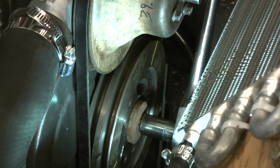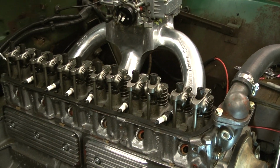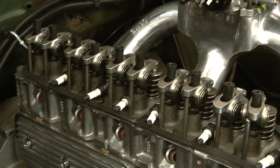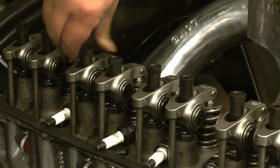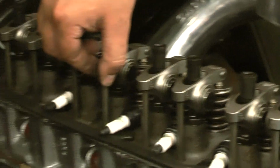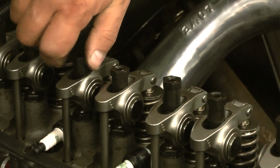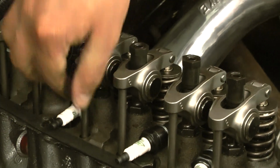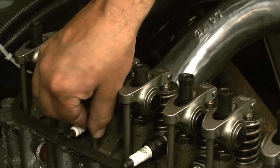And if you were watching the valves at the time, you'll see that the number 5 steadied out for me, and the valves are supposed to be closed at this time. So if I come over here, they should be very loose, loose, loose. Bring it down until it touches. No play. I'm going to do both of them at the same time. You can kind of feel the, hear that little bit of play